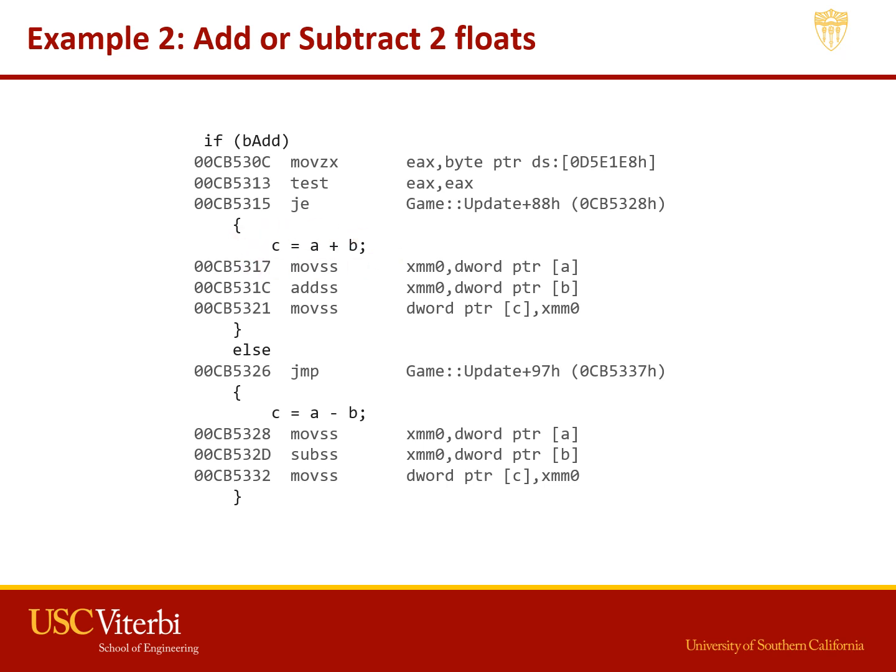It's mostly the same, right? So we're still going to have a Boolean for the badd. So this block is exactly the same. And then here, these are floats instead of integers. So we're going to use the SS instructions. And you'll see that the register has a different name. We're not putting this in the EAX register. We're using the